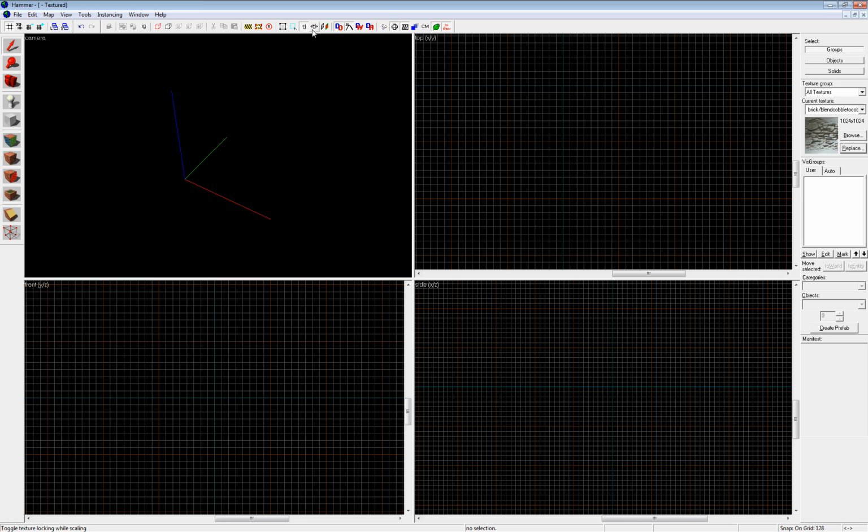So you can also turn on locked scaling, and you can toggle things. All these things right now are not necessary at all. You have run map, which is how you compile, or it's better to use